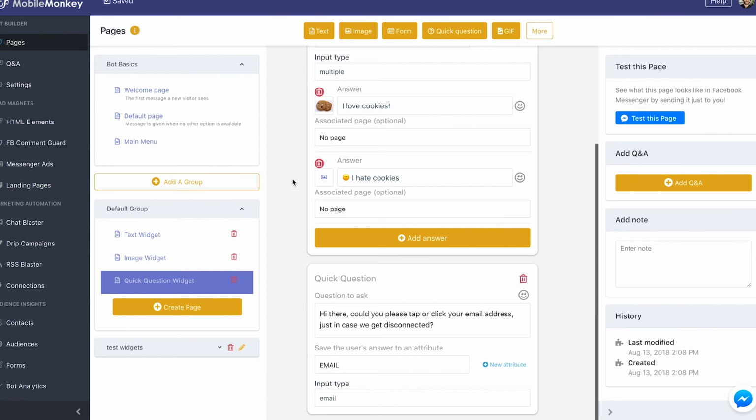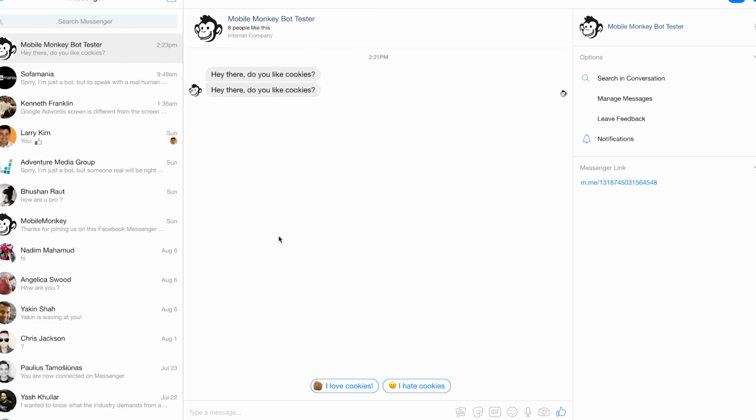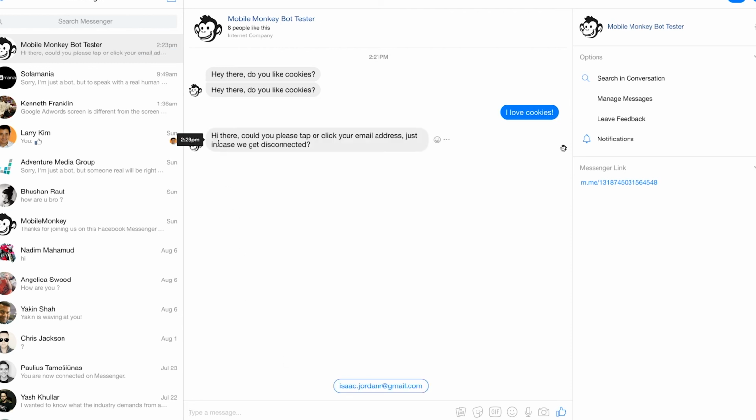So now that we have that done, let's go and click test this page, open Messenger. And here we see, hey there, do you like cookies again? And I'm going to say, I love cookies. And now it follows up with the next question. Hi there. Could you please tap or click your email address just in case we get disconnected? And here we have